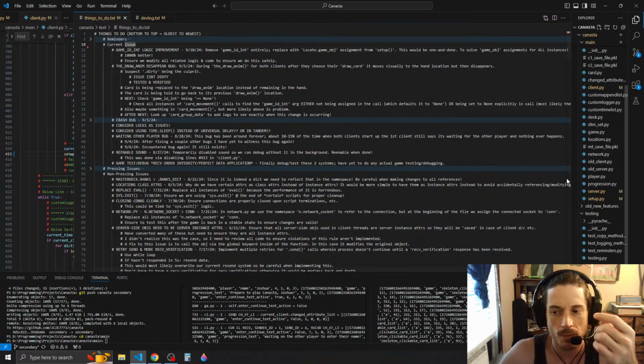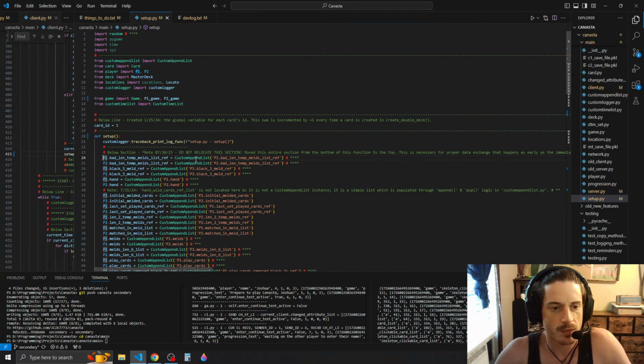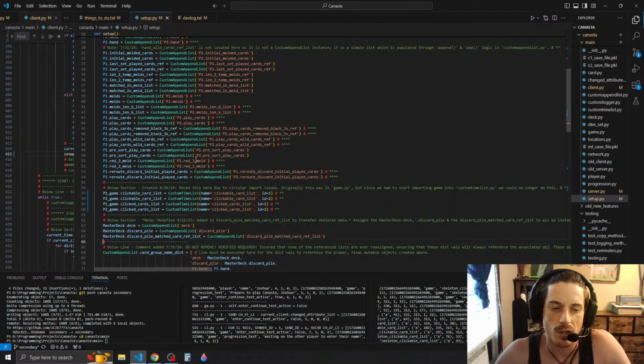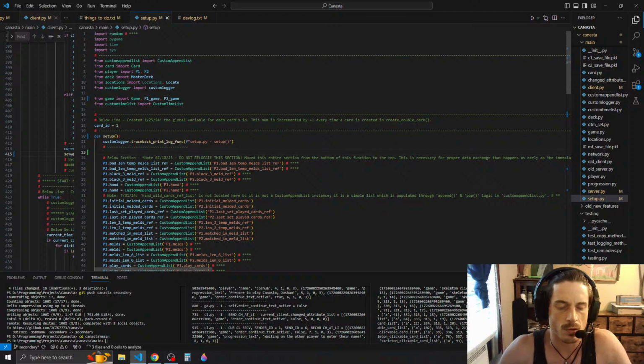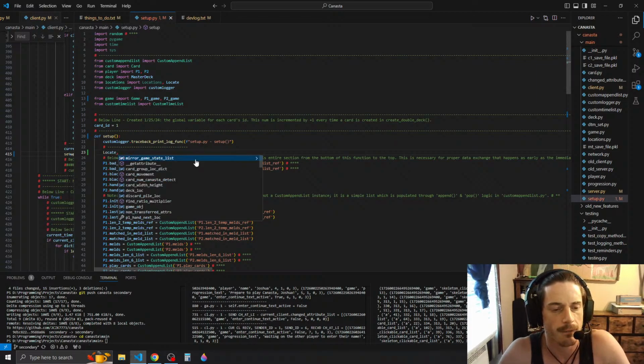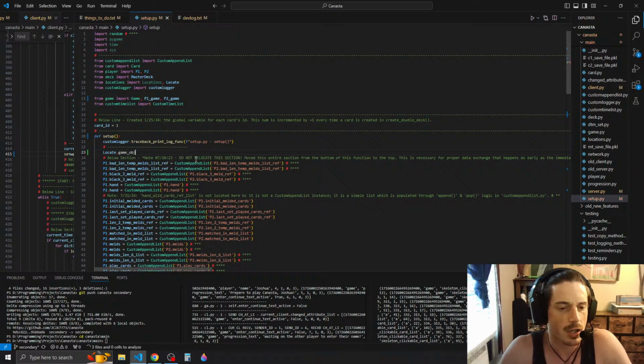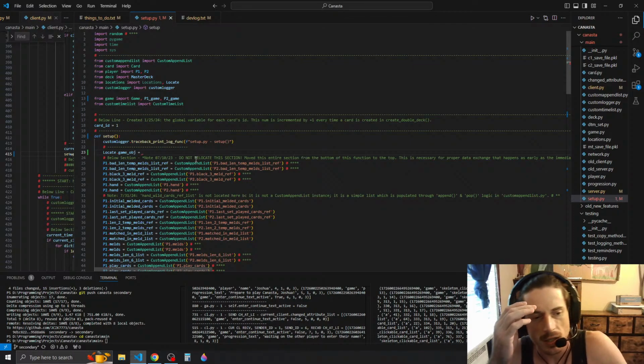so let's go to setup, and we're gonna, at some point here, we need to import locate, which we do. We're gonna assign locate dot game object equals, okay, I see what we're gonna need to do. We're gonna need to pass